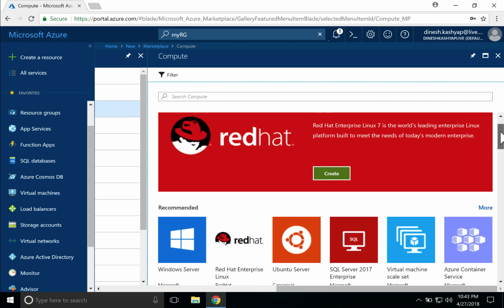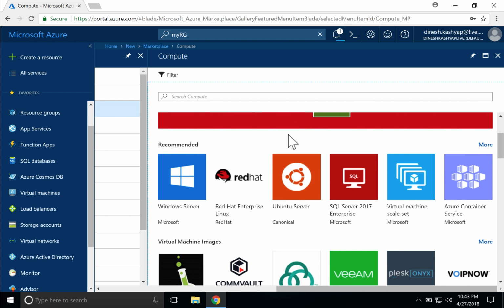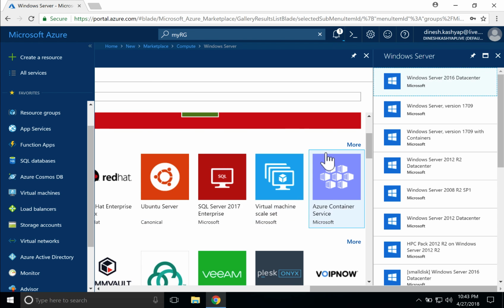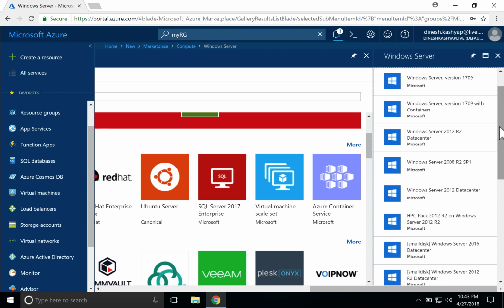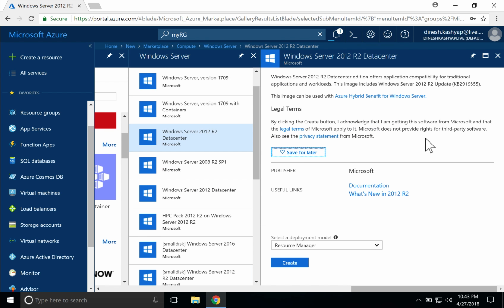Again I will scroll a little bit down. I'm going to create the same machine, so I will be clicking on Windows Server. From here I will choose Windows Server 2012 R2 again. Then I am going to click on create,